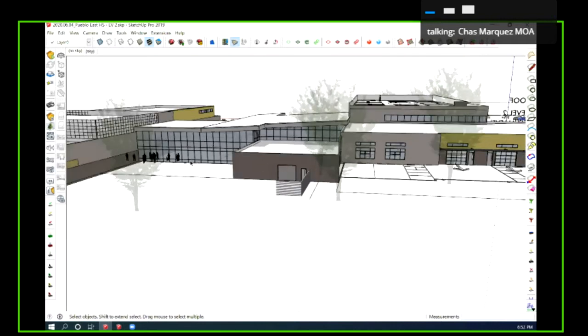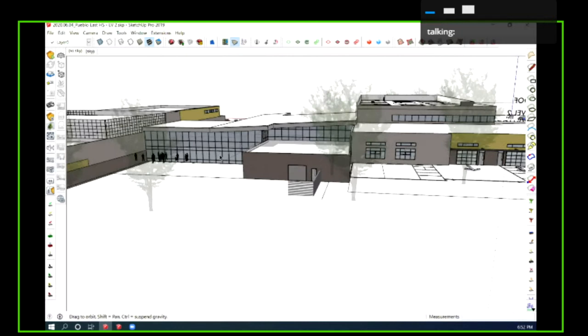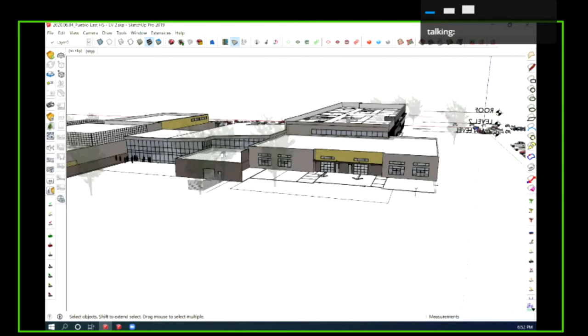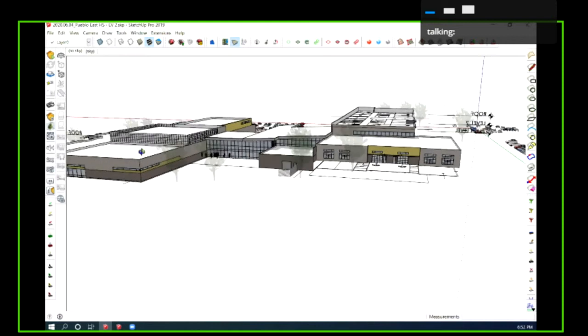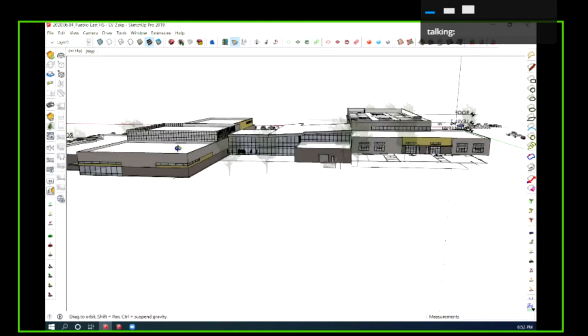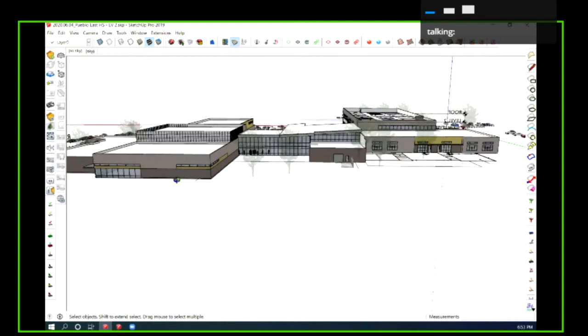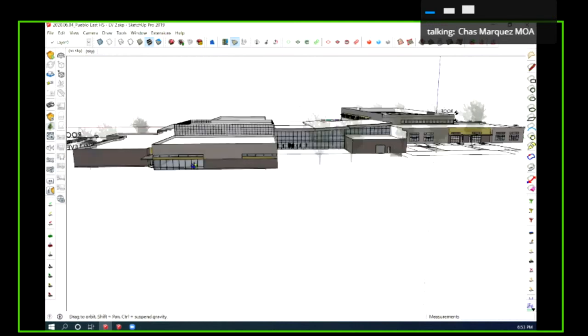Again, with that service space here. Again, the auxiliary space here, auxiliary gym.